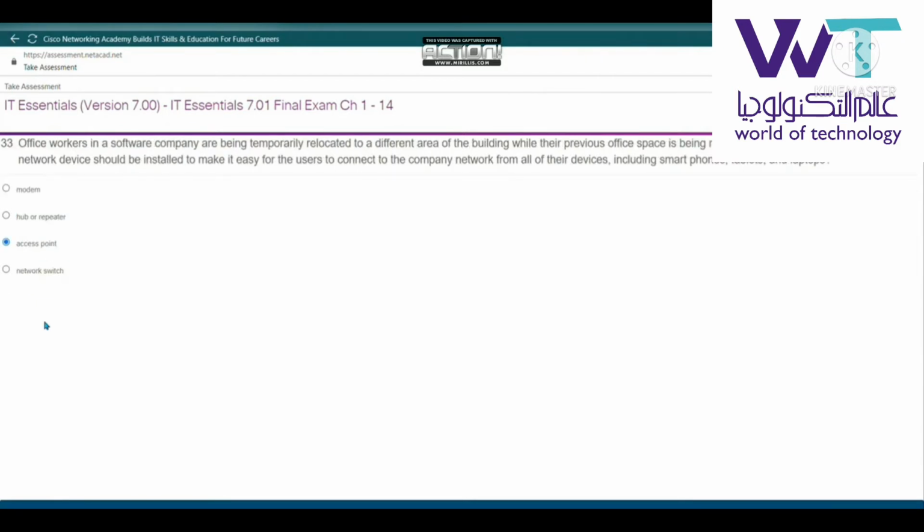Office workers in a software company are being temporarily relocated to a different area of the building while their previous office space is being reconfigured. Which type of network devices should be installed to make it easy for the users to connect to the company network from all other devices, including smartphone, tablet and laptop? هتبقى الاكسس بوينت. السؤال اللي بعده